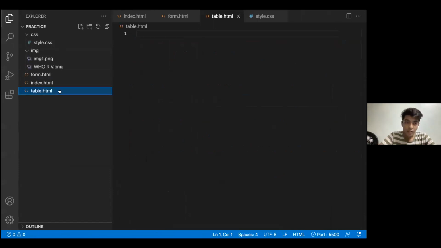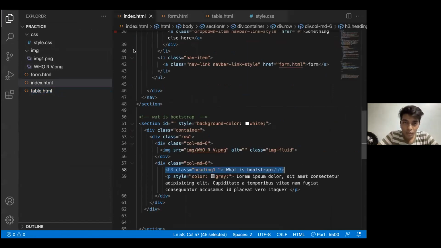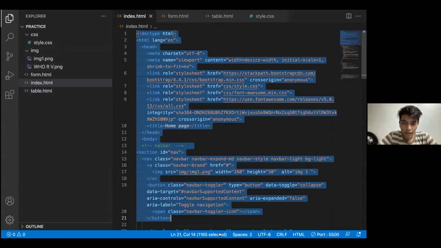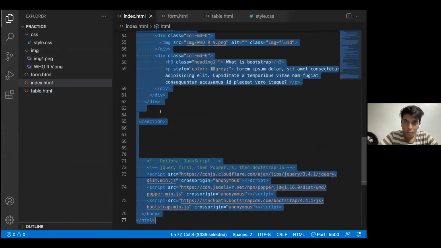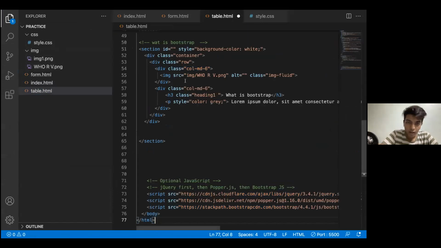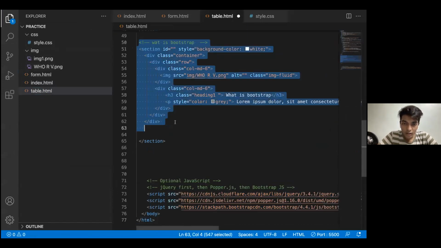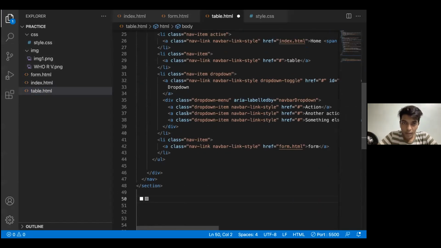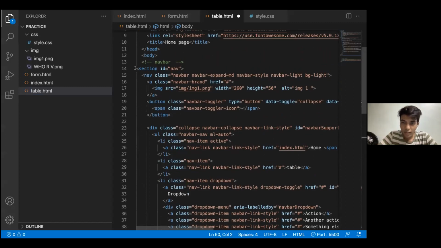I'll be sharing my files today because you know how the files are made, how I have actually designed certain things and all of that. Again, we'll be requiring a boilerplate. So I'll be copy pasting the boilerplate in the table part, and I will be just removing the rest of the sections that I don't need.